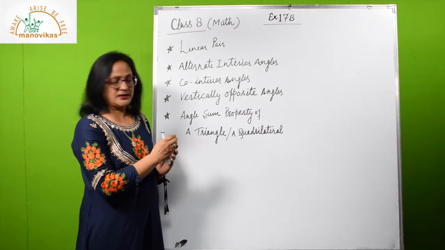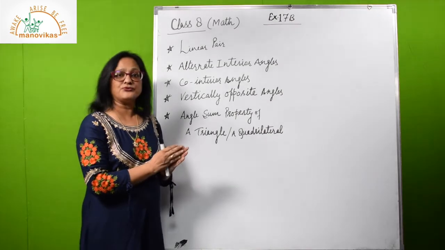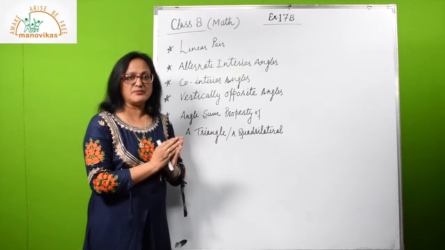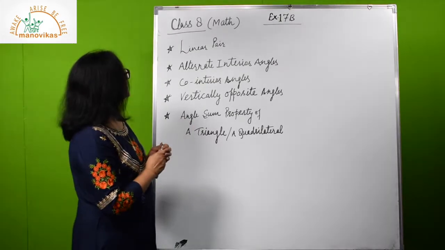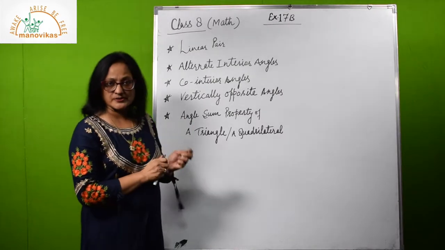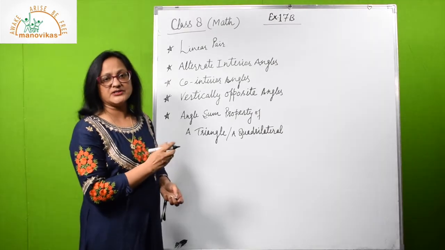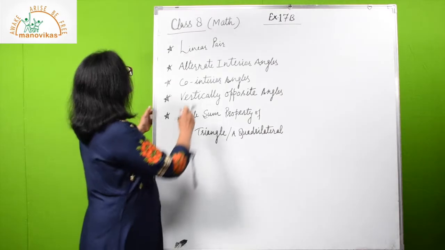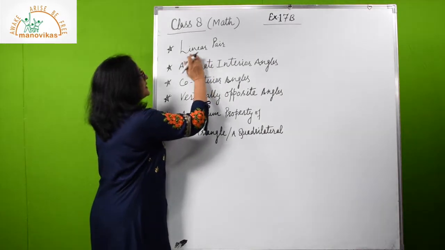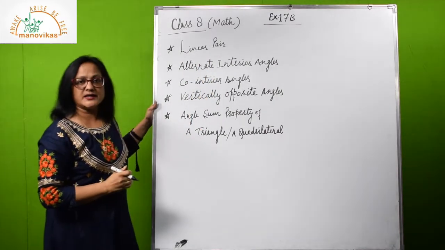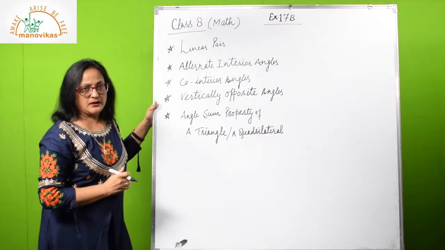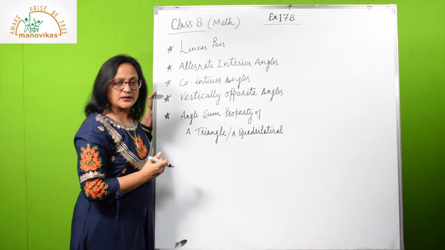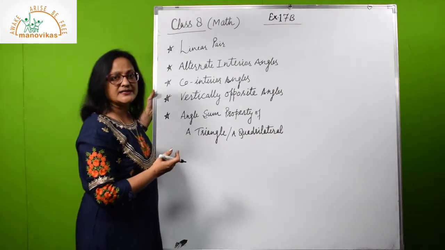There are certain angles that are formed in the parallelogram, and those angles you should remember always. So here certain general angles I am going to explain you so that you can make the connection between the angle given and the angle that is to find. The very first angle is linear pair. If you are given any angle, you have to check whether it is forming a linear pair in the figure so that you can find easily.